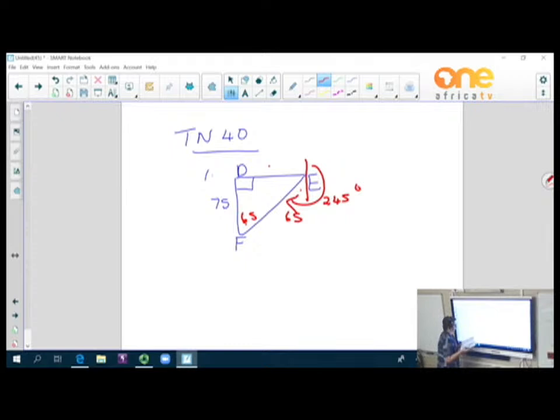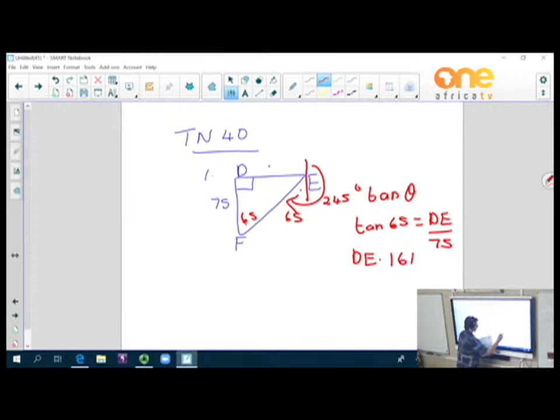Now we have to calculate DE. I will use the tan function here. So tan 65 degrees is equal to DE over 75. Which method do we use? Top times, because this is a right angle triangle, and the answer will then be